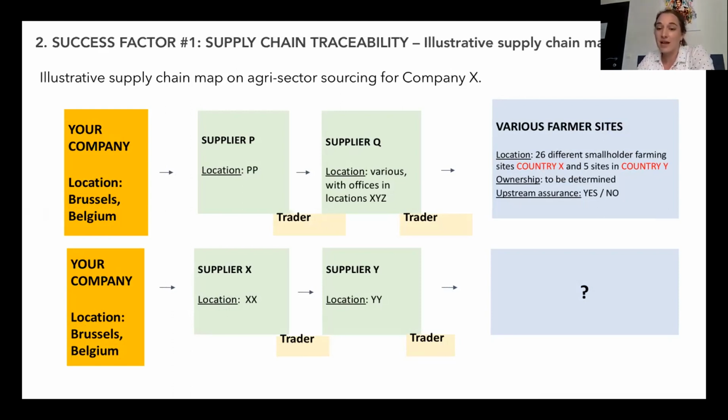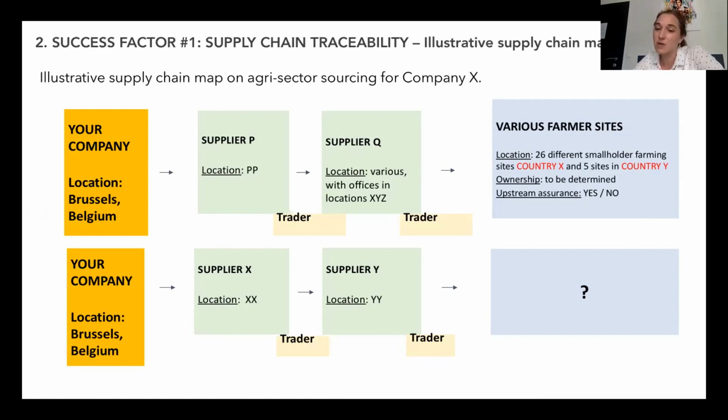But at country level, there are 26 different smallholder farming sites. So that is origin, but it's a country level origin. But then it's really important to go further up to the community level. And it's also complex that